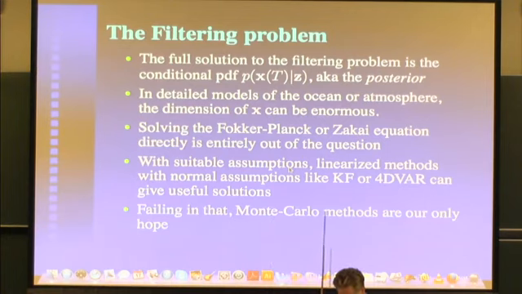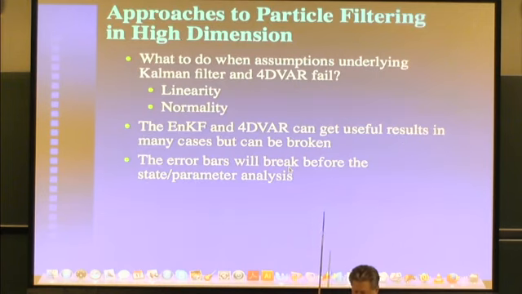And in fact, it does work really well. The atmosphere is terrifically nonlinear. And you can get good solutions from 4D-Var or variations on the Kalman filter, and they work when they have no business working. It's one of those things that the mathematical rigor sometimes won't justify. But they don't always work. And what do you do when they fail? I've always been interested in taking these methods and seeing what it took to break them. They can get useful results, but in many cases they can be broken.